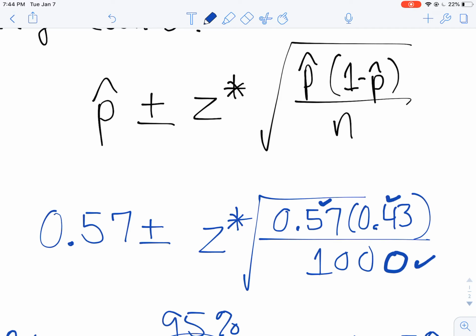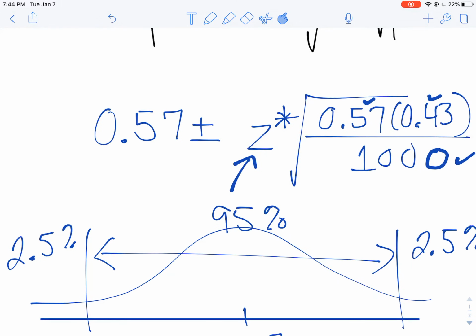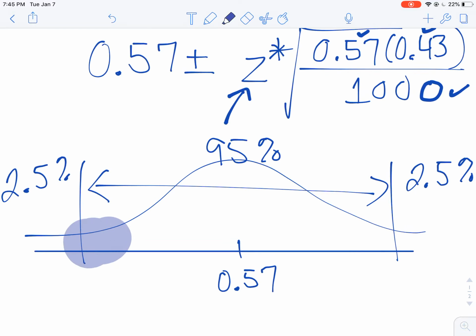Now I'm doing a confidence interval of 95%, so I'm going to need a critical z here. I need to know how many standard deviations I'm going to need to go out from the center, or my statistic, to capture 95% of the possible statistics. Now, the statistic we're working with, we're using as a point estimate. We're saying, okay, if this is the parameter, we're going to build off of this. We don't know if it's the parameter, but we're going to use it as a point estimate. So we're going to take that 0.57, and we want 95% of possible statistics based on this.